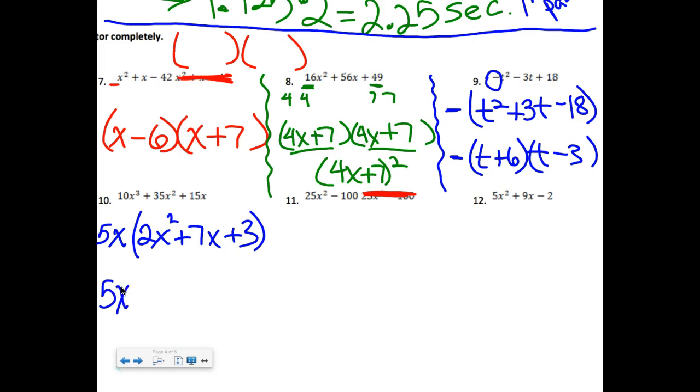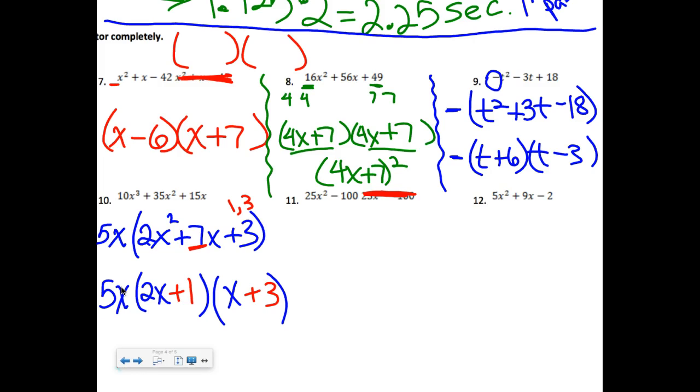Okay, so that 5x is out in front, and now we're going to have regular factoring. Now this one again a little bit more challenging because I do have a 2 out in front here. So the only way to get to 2x squared is by taking 2x times x. Now to get to 3, I'm going to have 1 and 3. Now reminder, I'm trying to add up to 7 here, so I'm going to put that 3 here and that